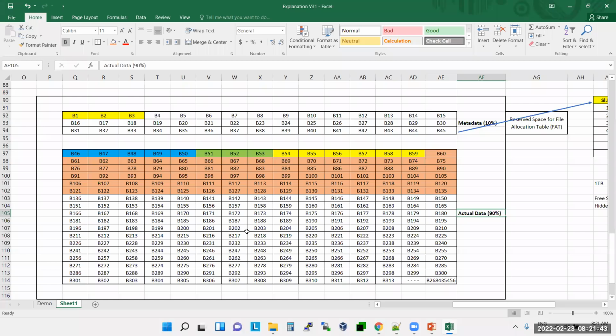So what is that master boot record? It is a place, the first sector of the outer track. Mostly you can take this like an entry point. MBR, master boot record. So this is the entry point of the disk.